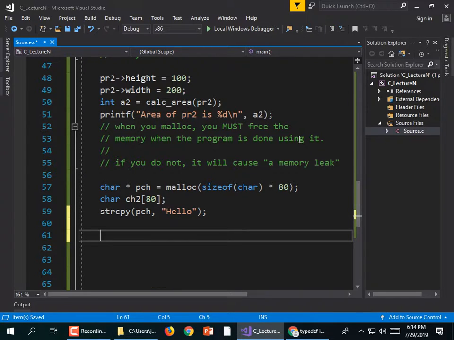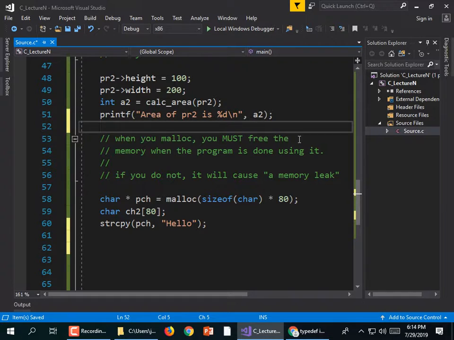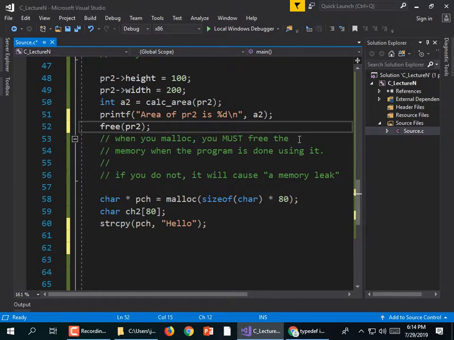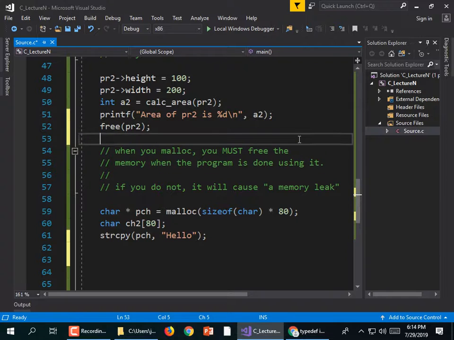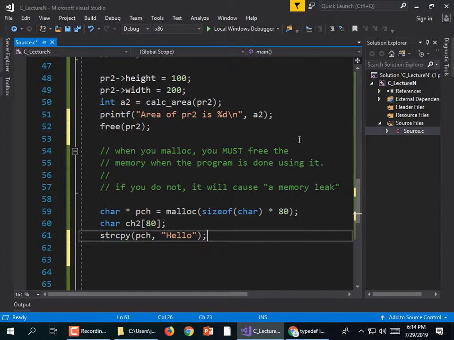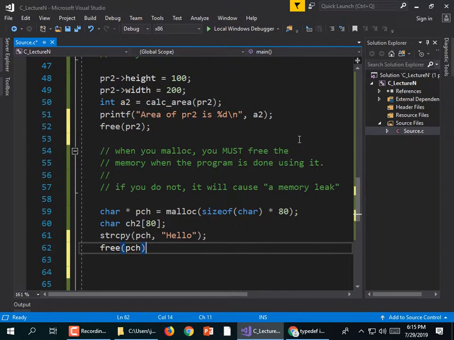Again, once our program is done with that memory, we should free it. Oh, I never freed it. I never freed this one. So I'm going to come back up here, and above that comment about when you malloc, you must free the memory, free(pr2). That means go to that memory address and release it so the operating system can use it for something else. So we're not hogging it up. Same business down here. Let's free pch. We don't need it anymore. free(pch);